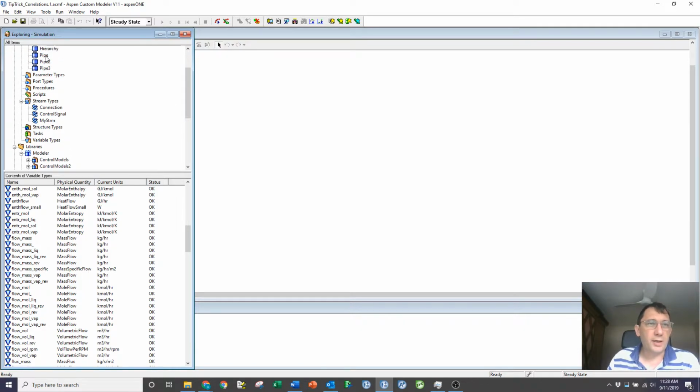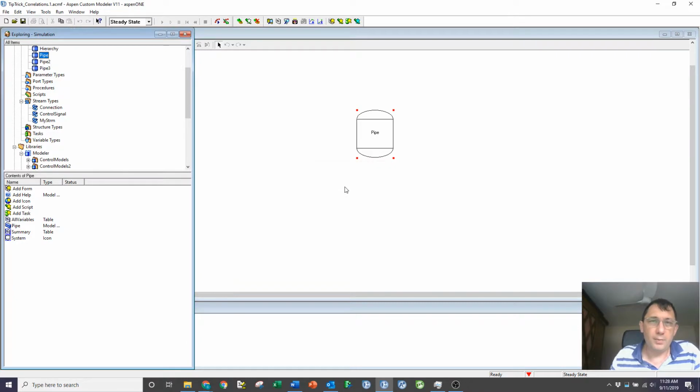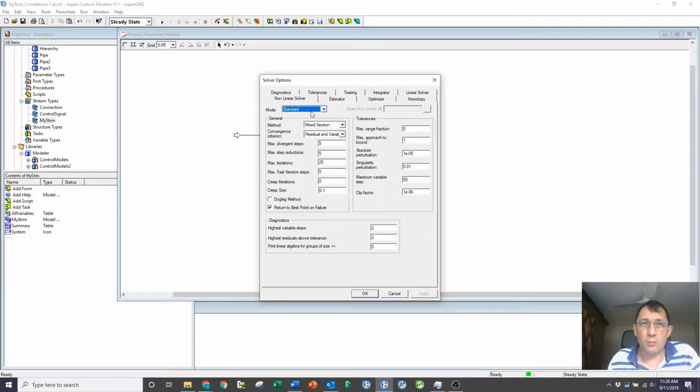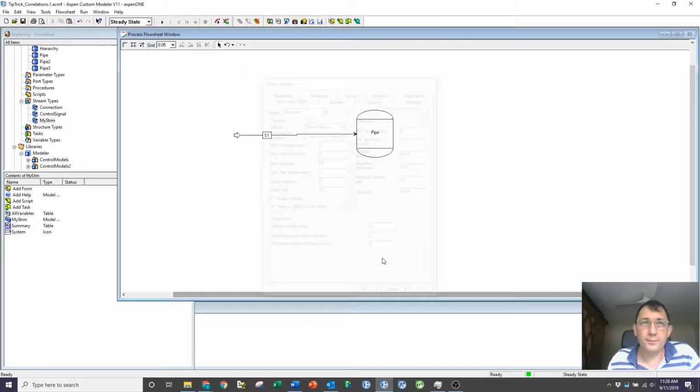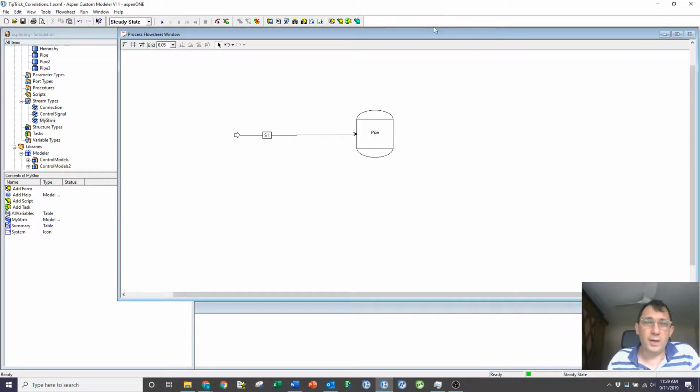So now let's actually try and get this thing to work. So I'll drop a pipe onto the flow sheet. I'll call it pipe. As in video 13, I chose to force myself to name the blocks, but I'm letting ACM name the streams. That's a setting or a preference that you can have. Tools, settings, preferences. No, it's not. It's an auto name. So that's what I did there.